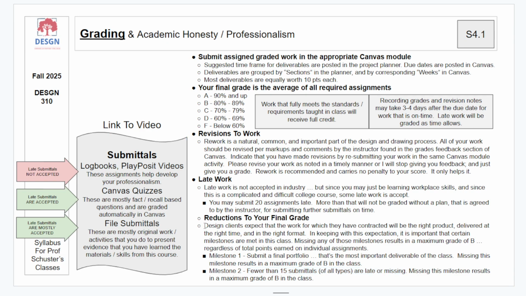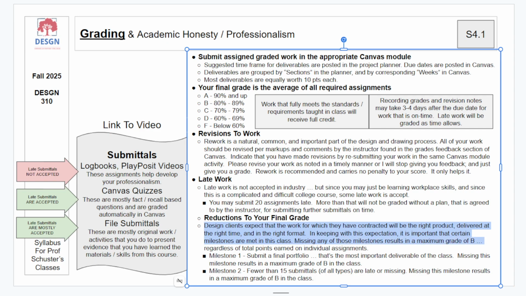And that's because we want you to start getting the skill set and the mindset ready for the workplace. And I will tell you, a B is a great grade. It's not going to hurt your chances for work in any way.